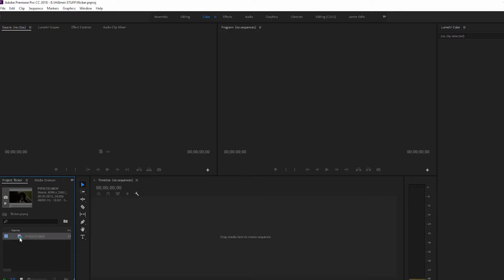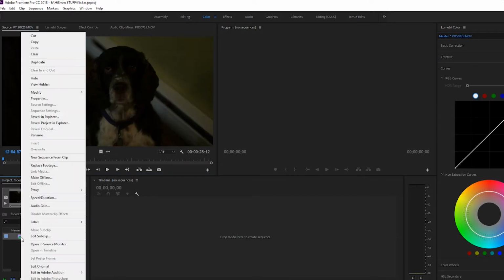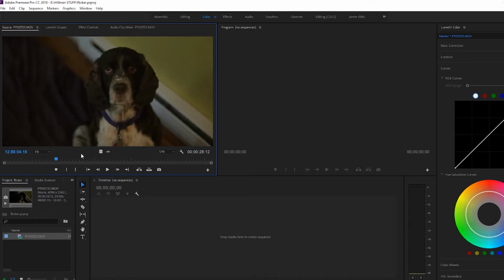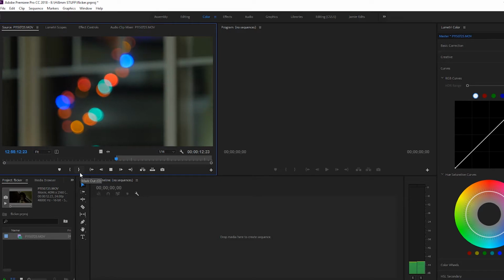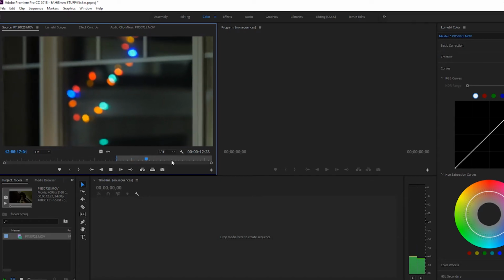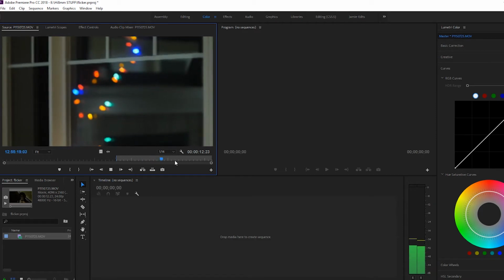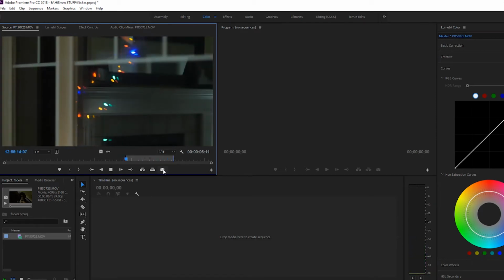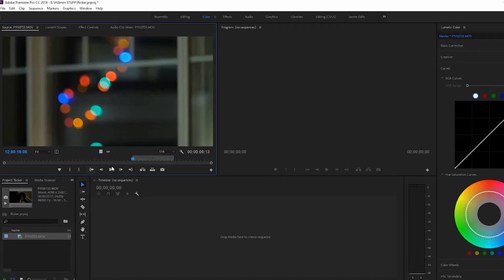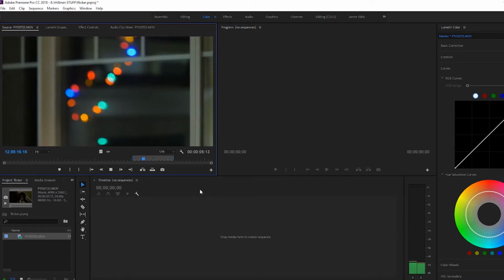So I've got my file here. It's in Premiere. I'm going to find the clip I want in the source monitor here. It's just these shots of some blurry lights. I'm just gonna do the whole rack focus, hopefully. And as you can see, the frequency of the shutter and the lights are sort of conflicting, and that's why